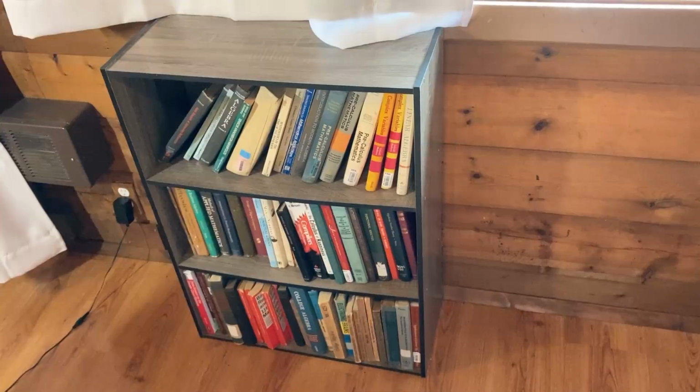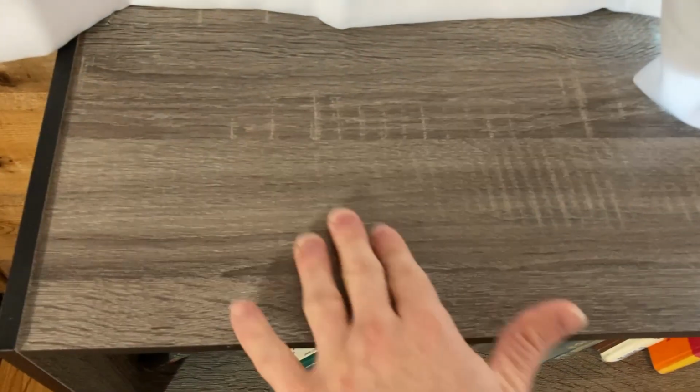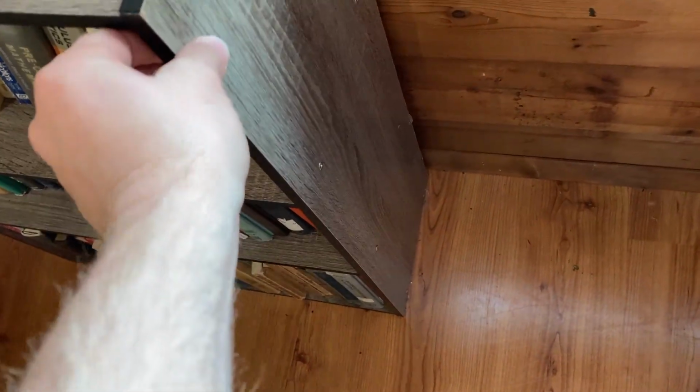Let's take a closer look at both of these bookcases so you can see the texture and the color and make a better decision as to which one is right for you. Here's another look at the Furinno bookcase. So you can see it just has a really nice finish, very neutral tones, and again, just works perfectly against this window. The big key difference on this one, besides the size, besides the color, besides the materials being thinner,